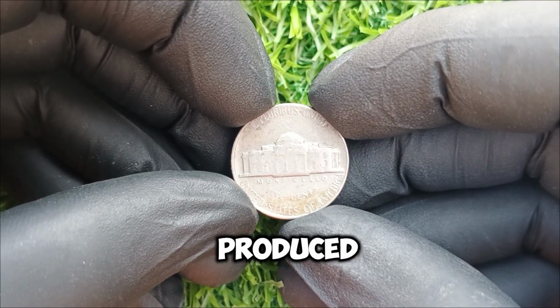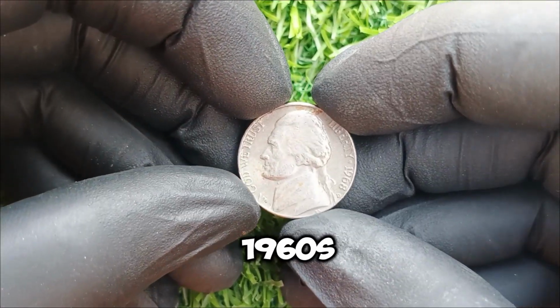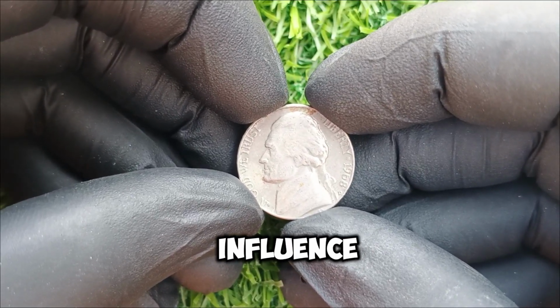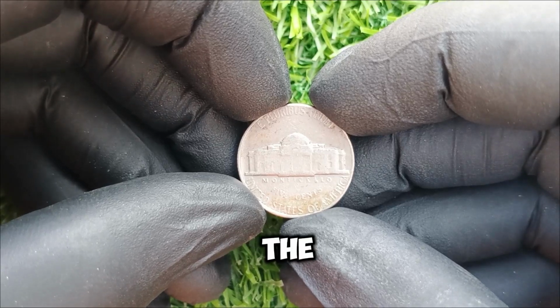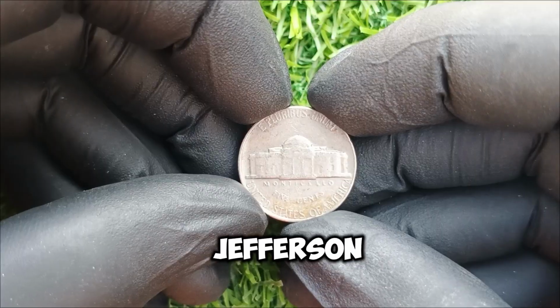This coin was produced during a transitional period at the United States Mint, as the late 1960s saw innovations in minting technology and changes in coin production methods that directly influenced the availability and quality of circulation coins, including the Jefferson nickel. 1968. On the obverse, the coin features a sharp and detailed portrait of Thomas Jefferson, the third President